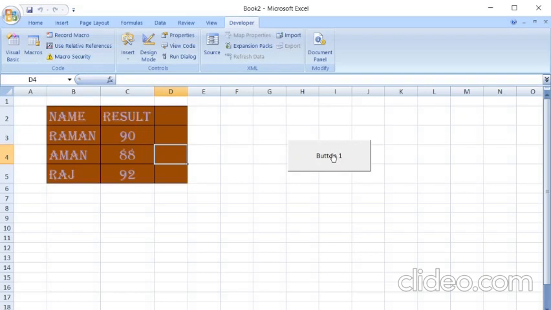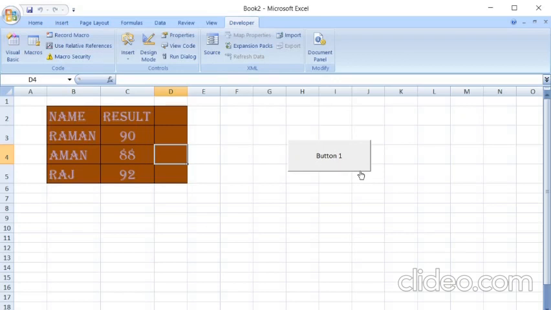So macro means whatever you want to keep, as a formatting or anything. If, while recording, I insert something here, that will also be stored. I think it is clear to you how to create a macro in a simple way as well as in a button way. You can create a button which you can use later on. Once you have created a macro, you can reuse it again and again, and you have no need to repeat that task again and again. Clear?